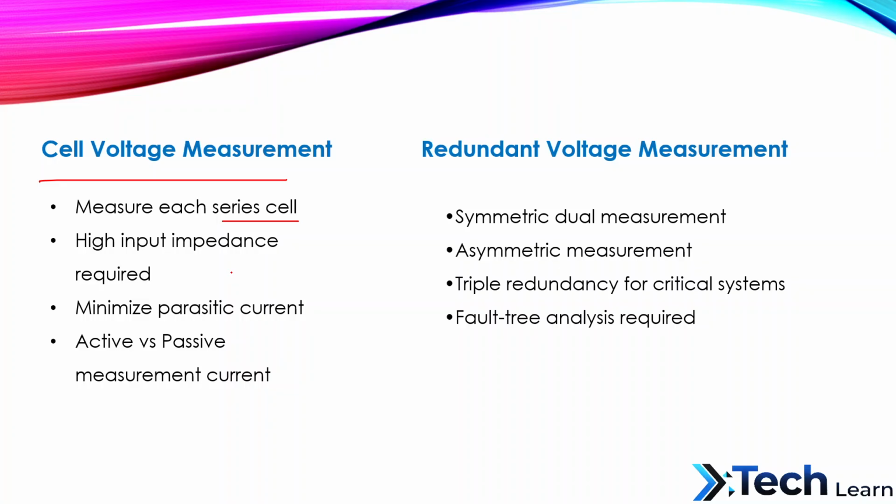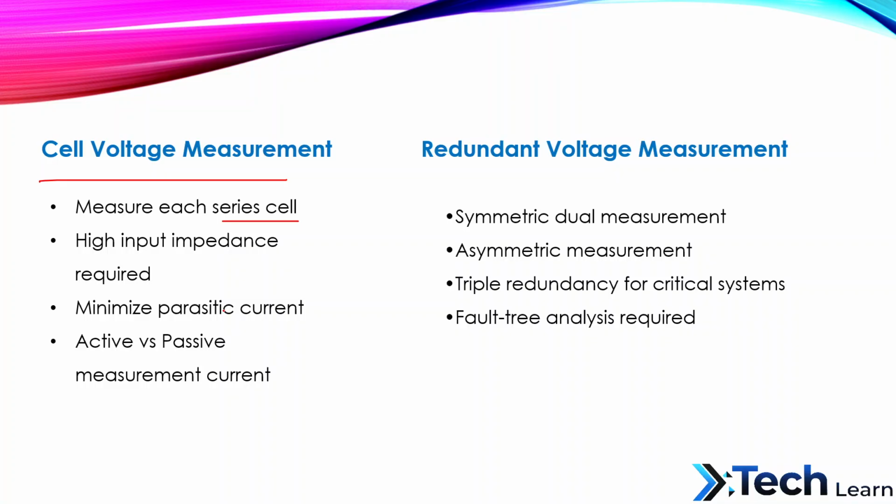The measurement circuit must present very high input impedance to avoid draining the cells. Parasitic current must be minimized, especially in standby mode. Active mode current may be higher during the measurement, but passive current must be extremely low to prevent long-term